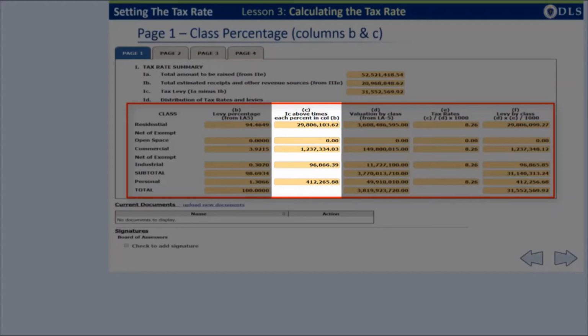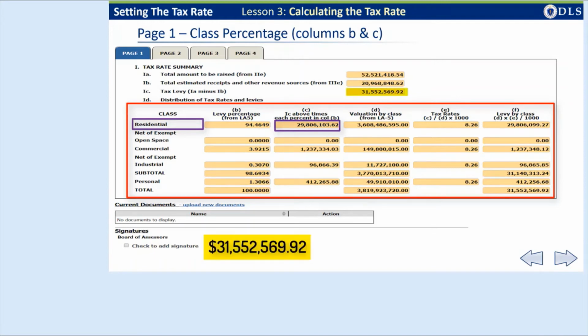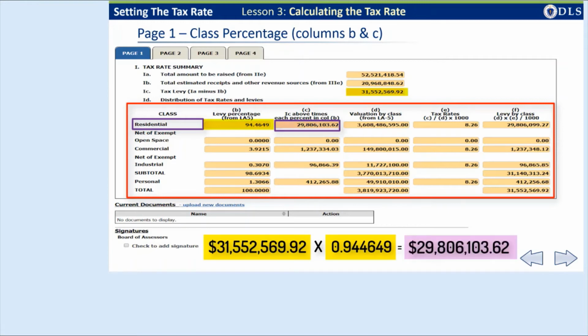Column C is the monetary amount that each property class must raise to satisfy the tax levy. These amounts are calculated by multiplying the tax levy from line 1C by the specific property class levy percentage shown in column B. For example, to determine column C for the residential class, you would multiply $31,552,569.92 by 94.4649%, or 0.944649, which would equal